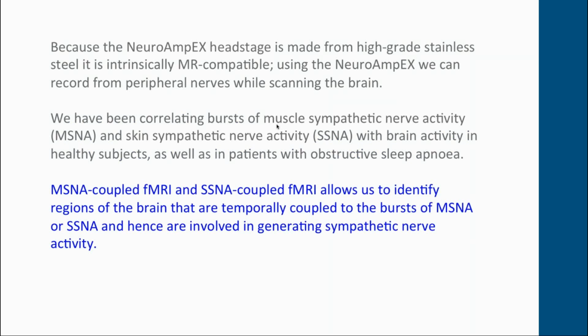If you imagine the bursts that we're recording from the microelectrode in the peripheral nerve, you imagine these bursts as like flashes of a lighthouse beacon. And you imagine that there are many lighthouse beacons flashing in the brain. By recording the two signals together, we can see which of the lighthouse beacons are flashing together and therefore which of the areas are temporally coupled.